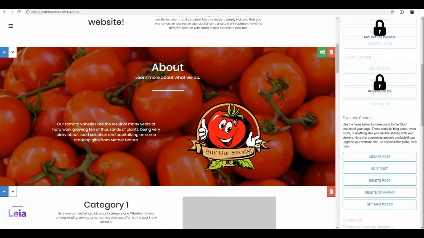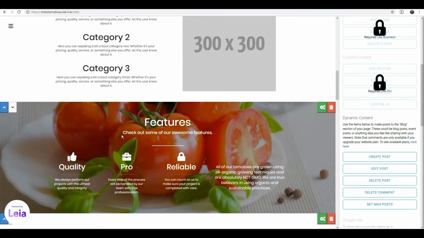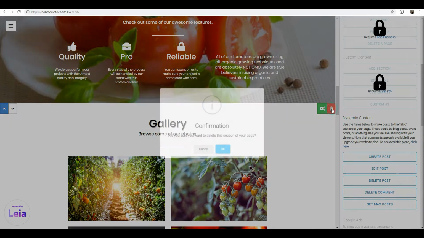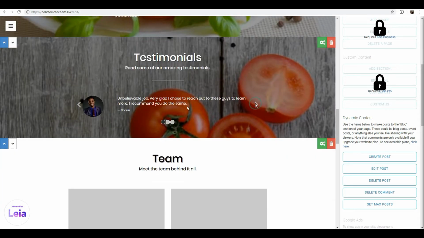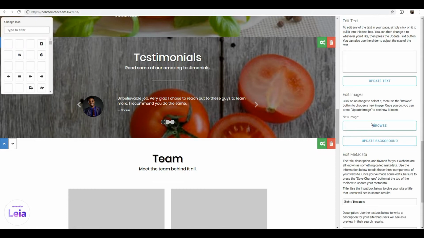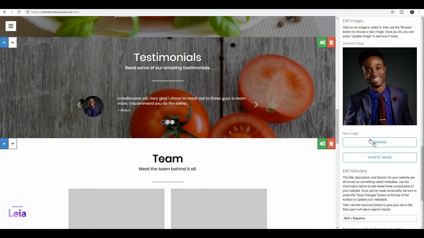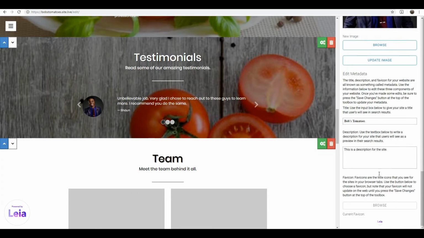Okay, cool. And so they even have a little sign. This is buy our seeds. Wow, this is cool. You have the gallery. I'm just going to say maybe I don't like the gallery. Let's take that out. Done. Testimonials about how awesome they are. Maybe we'll change these guys. We will put in chefs that buy our product. We'll get their photo in there, and then we'll change